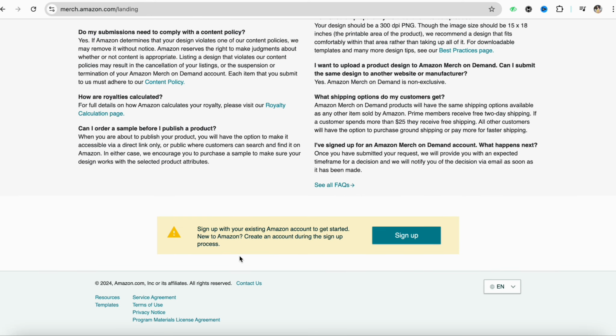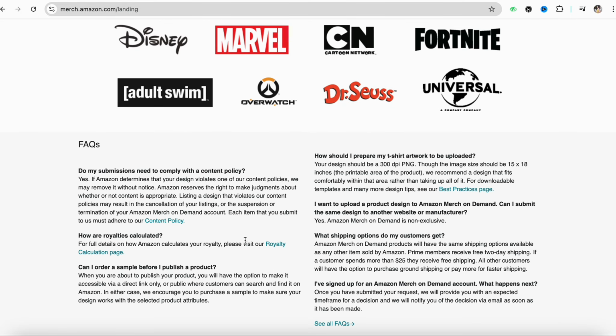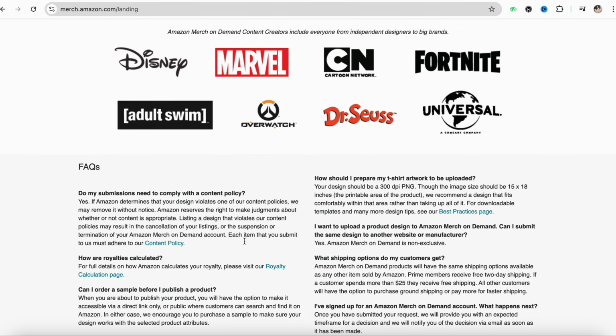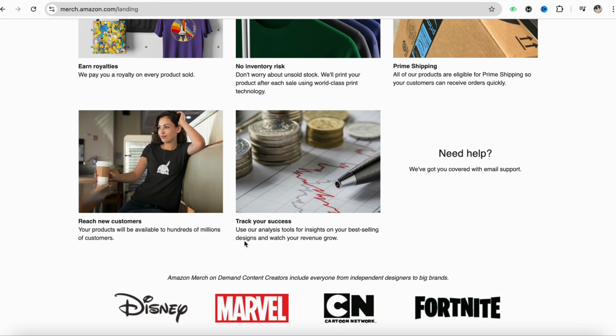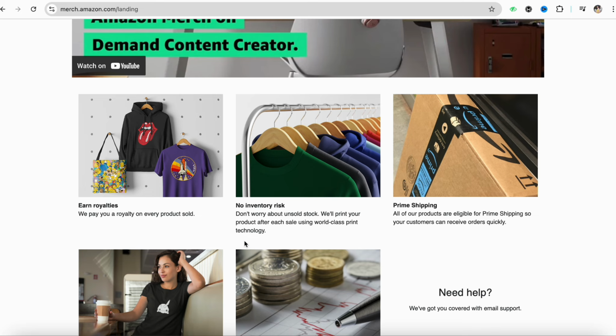Like KDP and other features like TuneCore, the Amazon Prints on Demand service doesn't require you to own any inventory in order to sell your products. All you have to do is wait for an order to come through, and Amazon prints and ships the product to the consumer, and you can earn a royalty for the sale.